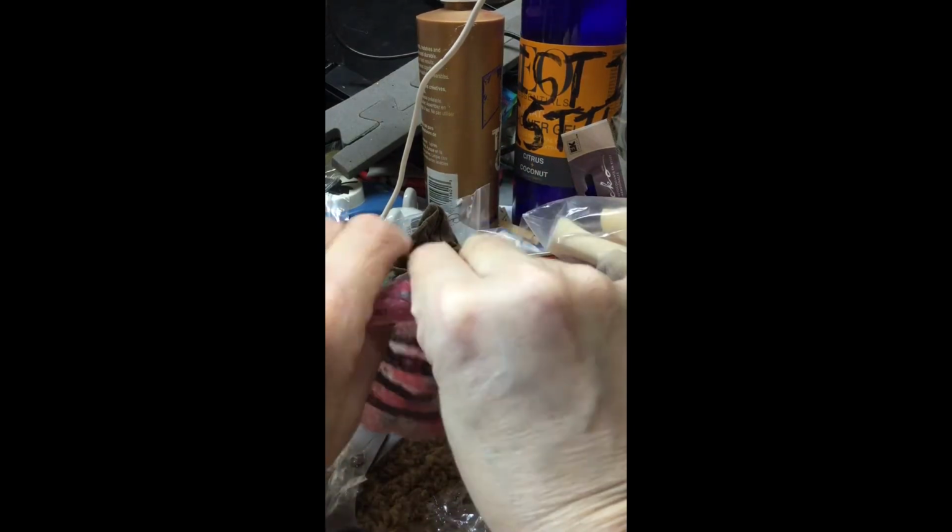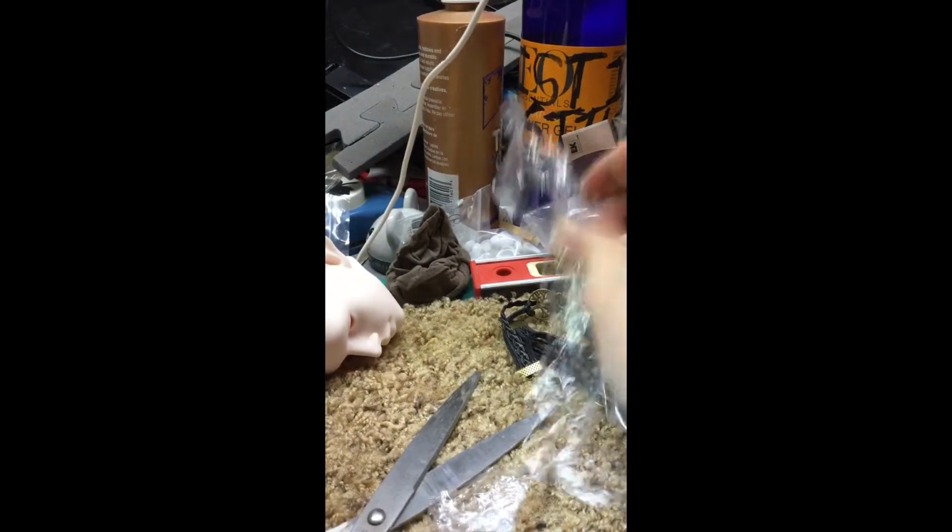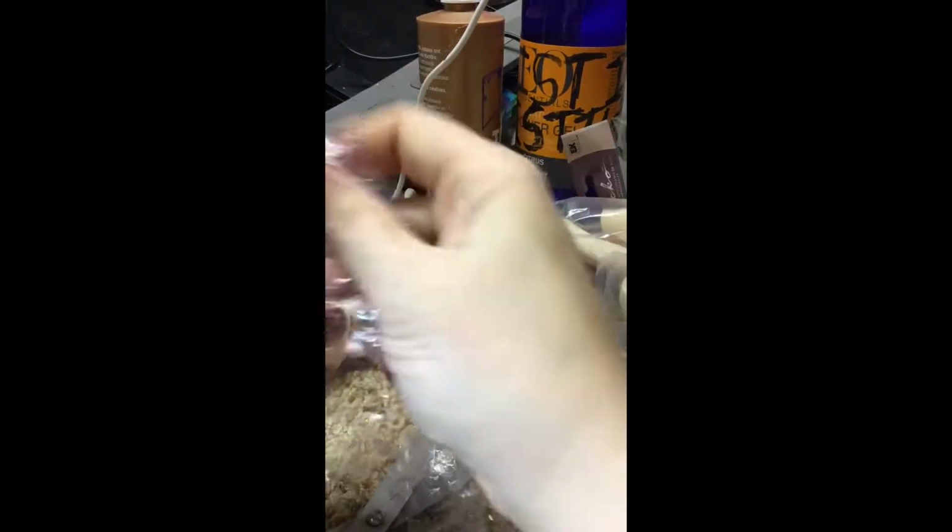Also, in the beginning of the video, when I stretched the cellophane over the doll's head, you can also,